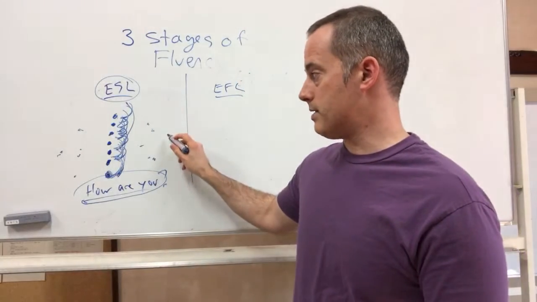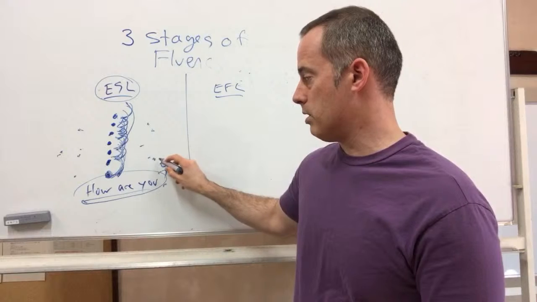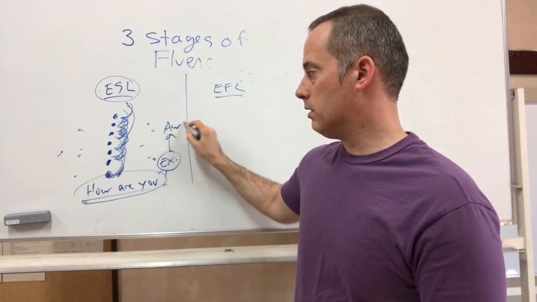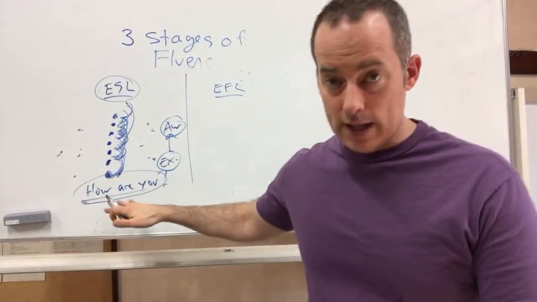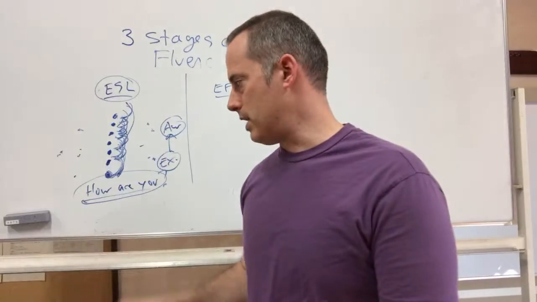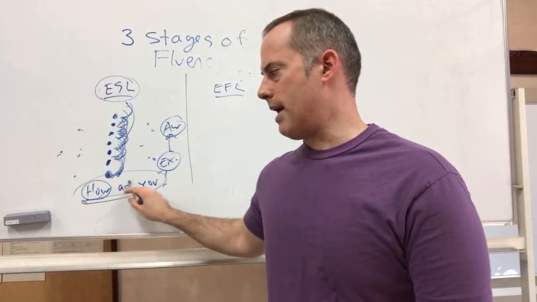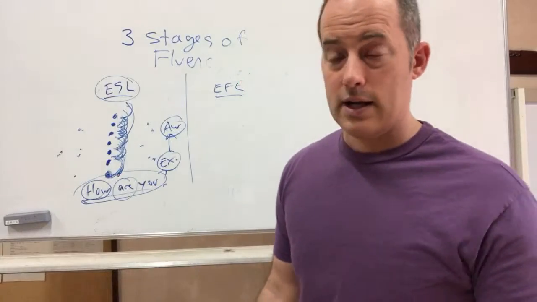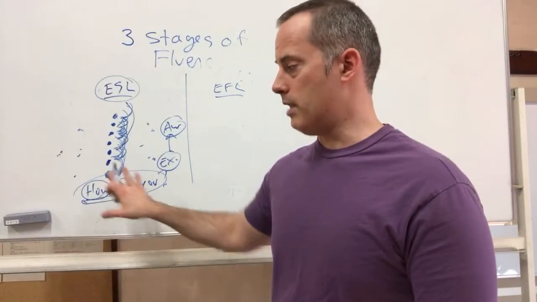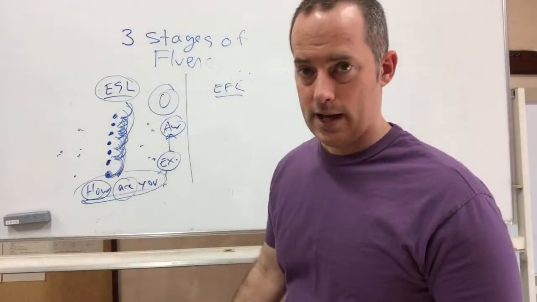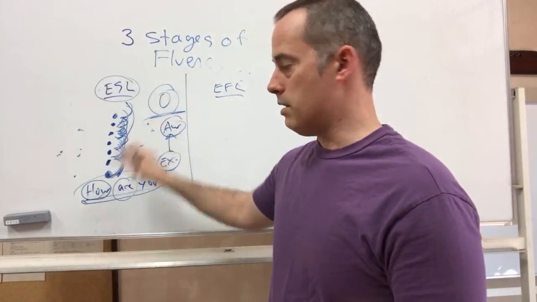So this is why you get stuck, like you get to exposure. We'll put an X here for exposure, and you got awareness. Awareness means if someone else says, how are you? You can really understand that. But you might not feel confident using it. Maybe you confuse basic grammar rules, or you're worried about pronunciation. So there are lots of reasons why you would not get to the ownership level of that. So you get stuck here.